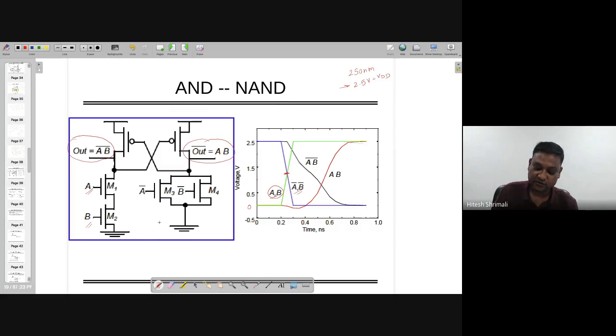And at that time you don't need to see the output. You need to see the output after the propagation delay of the entire DCVSL circuit, right? So now I'm interested in the first side, A bar, like the NAND output. Just observe this particular node. What is going to happen when A and B both are going to 1?